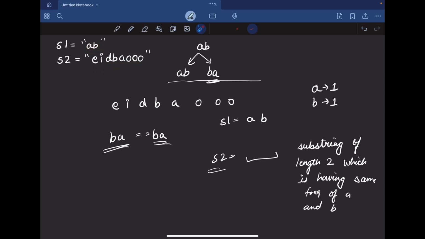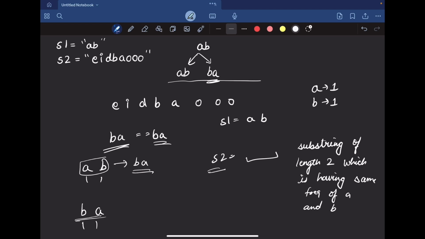Yes, we can. Because if I have written A and B here and B and A here, both the frequencies are 1 and 1, then that means this one can be changed to BA, and we can say that BA is present in my S2 as a substring, right?